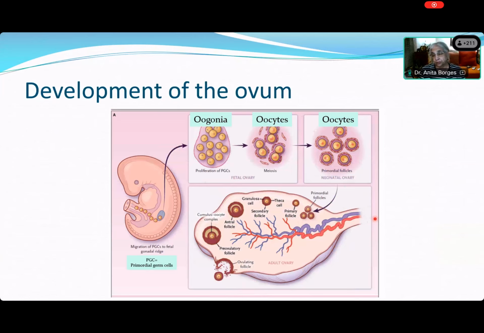And let me tell you that one of the dreaded complications of hyperstimulating the ovary to collect a lot of eggs or ova for IVF is what is called ovarian hyperstimulation syndrome. Because with so many follicles ovulating, all that estrogen goes into the pouch of Douglas and is absorbed rapidly. It's like the woman getting a huge injection of estrogen, and she goes into a vasomotor shock. So this is one of the really dreaded complications of multiple ovulation. Nowadays, of course, they have ways of taking the ova before it actually ruptures into the pouch of Douglas.